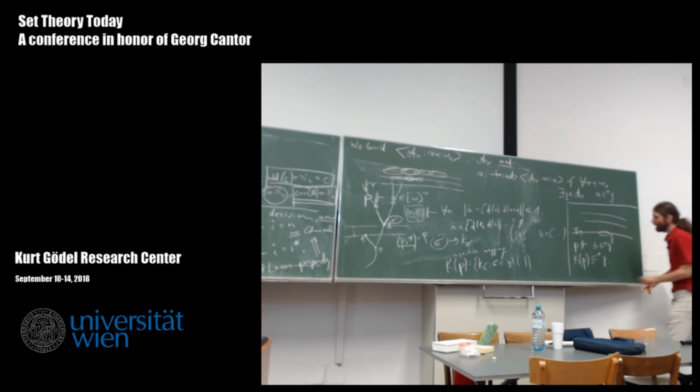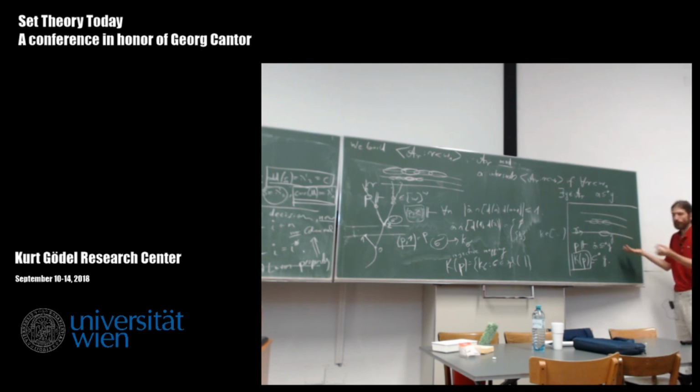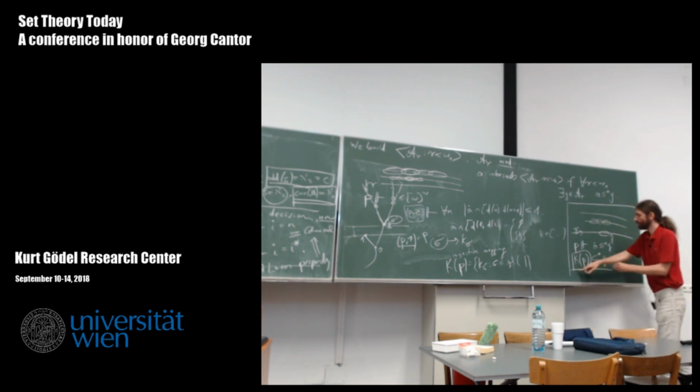So what does this mean? This is now a set from the ground model, this assigned potential next elements. This is almost in Y, and so by the refinement property of the matrix, it's almost in or disjoint from all the elements in the mad families up here. So this is not a contradiction yet, but this can be turned into a contradiction once we have built the matrix in such a way that we prevent this from happening.